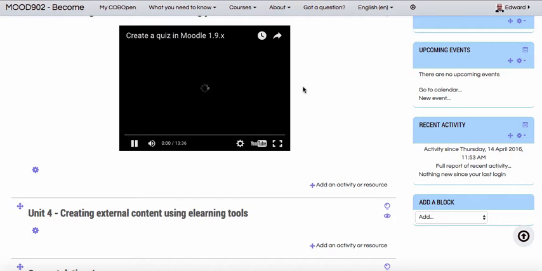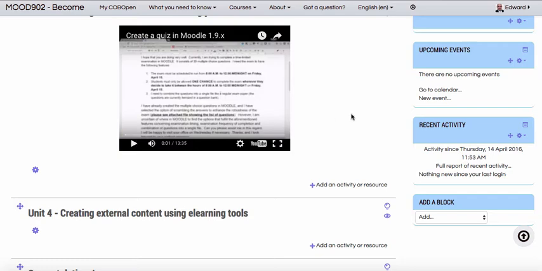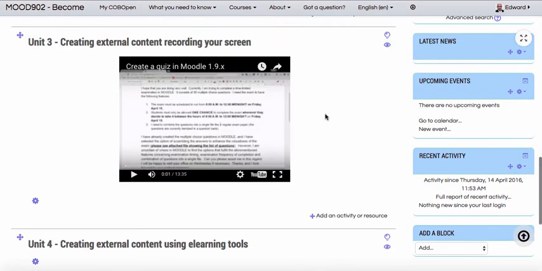Simple. Now, the one downside of this, and I'm going to pause it just so it doesn't get too loud, the one downside of it is that this video is tiny. And if there is any text in the instructional video, as there is in this one, it's almost impossible to read. Yeah, sure, you can just click on the full screen tab, and that makes it much easier to follow. However,